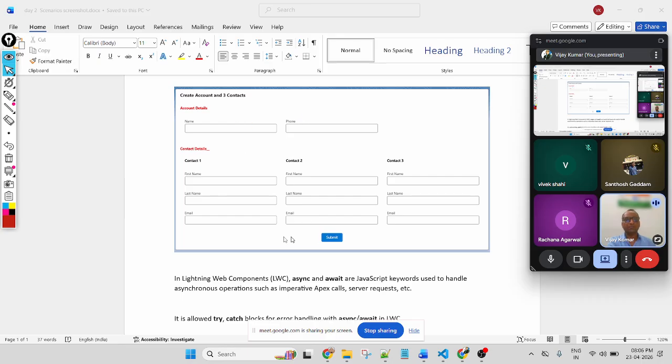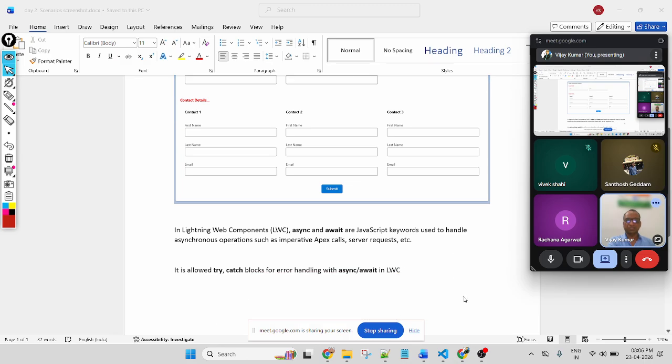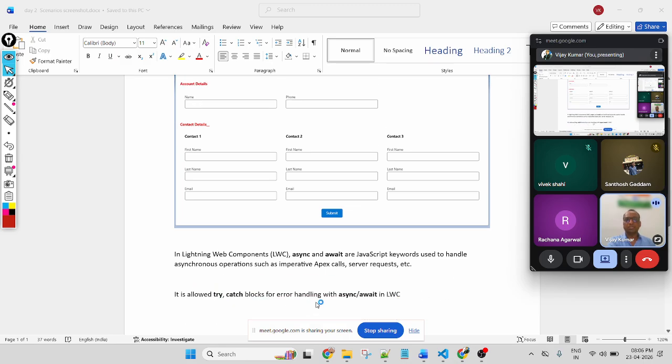This scenario will be covered through database.insert, and here I will use async and await because in a Lightning web component, async and await are JavaScript keywords used to handle asynchronous operations such as imperative Apex calls and server requests. They allow try and catch blocks for error handling in LWC.